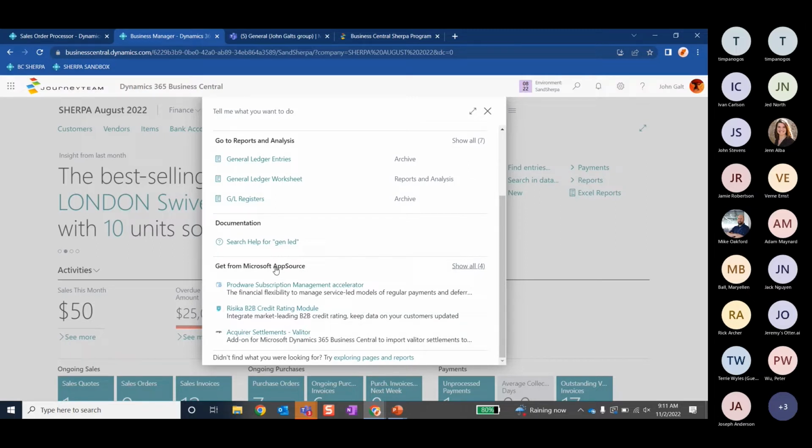As Microsoft Business Central is a cloud source product, you have the ability to add in extensions. Extensions are often built by third-party companies that add in additional features and code to Business Central. Some are subscription-based, some are free, or some are flat rate. As you purchase those and put them into your Business Central, you can gain additional functionality or specific functionality to the industry that you may be in. Those kind of options will show up here at the bottom, and then you can always open that and